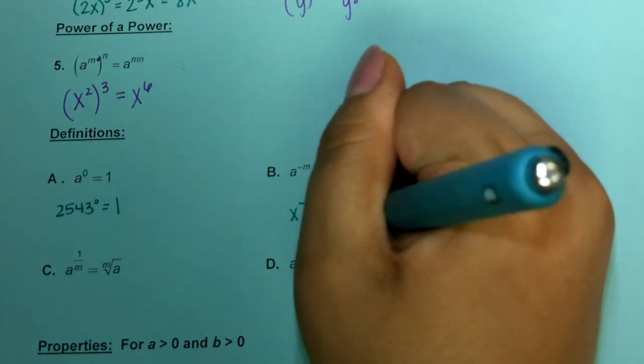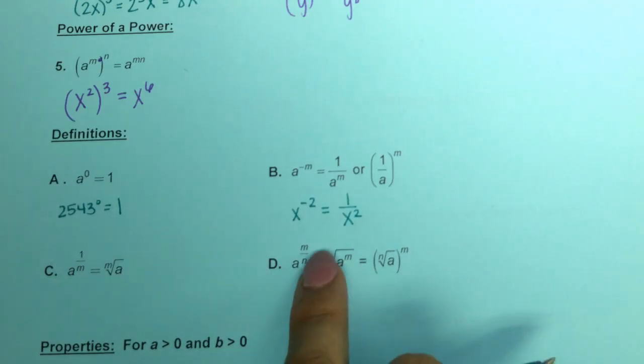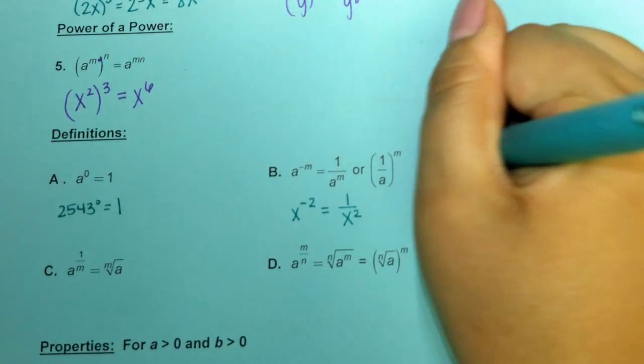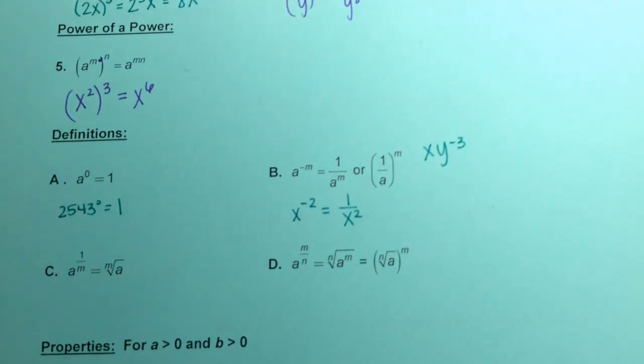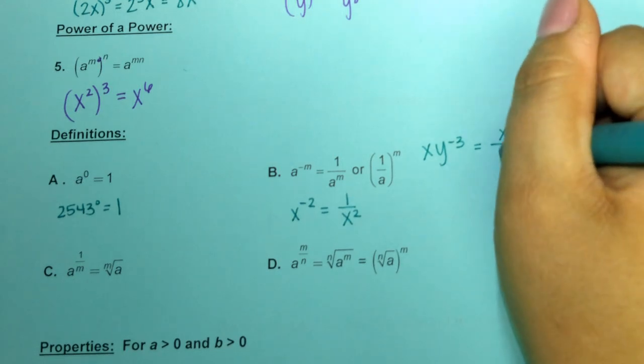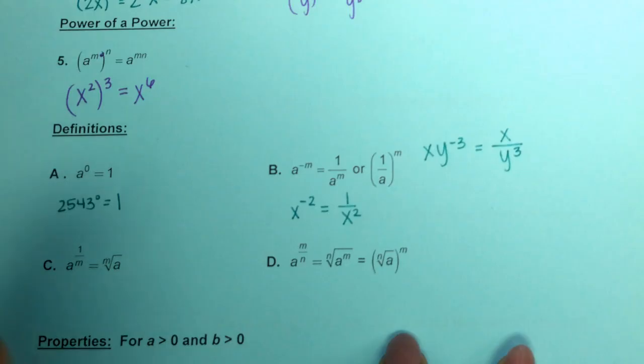1 over x squared. Move it to the denominator, make it positive. And there's nothing with it, so you just leave it 1. What if I have x, y to the negative 3? If it's with something, that stays up top, and you just move only the negative to the denominator, not both